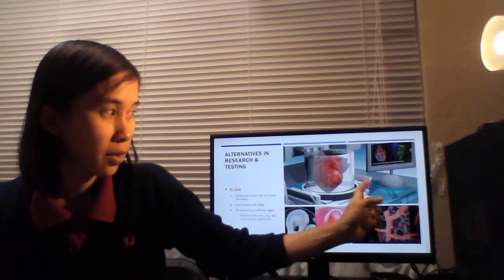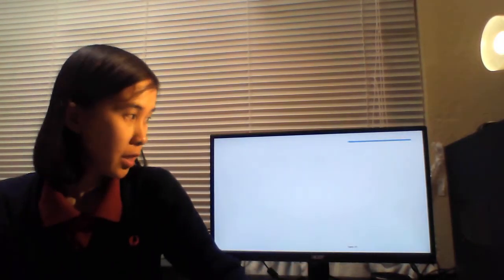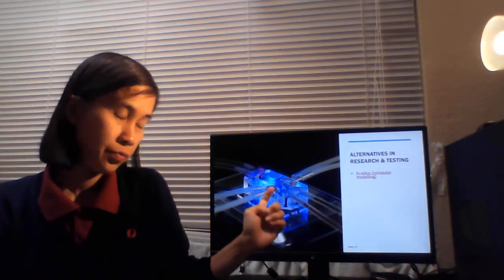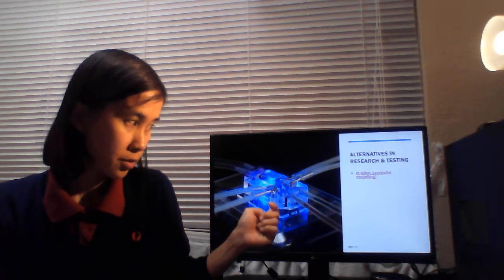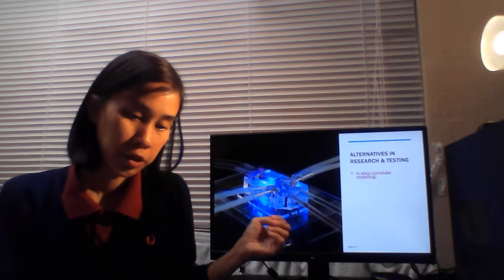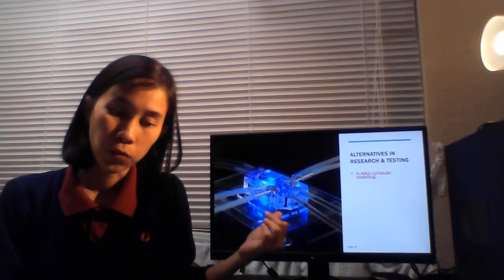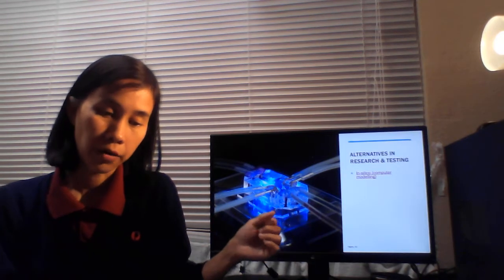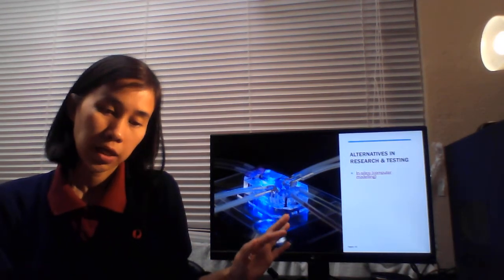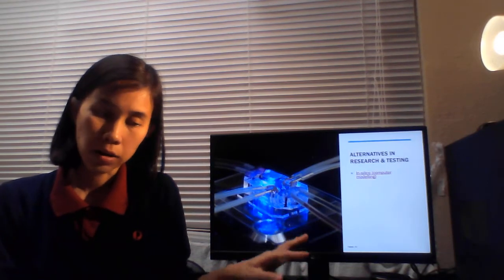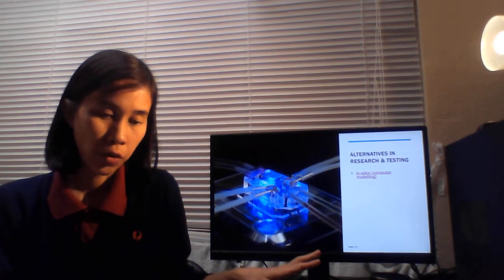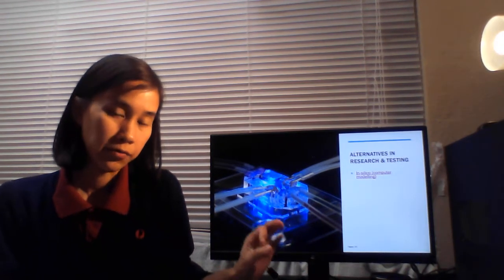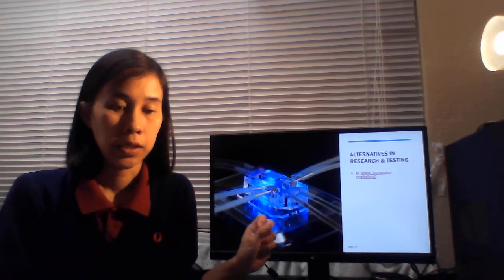Here's the picture of some of the artificial organs that I just mentioned, and here's the chip. You can see here's an image of an organ on a chip. The organ on a chip was invented by the Wyss Institute for Biologically Inspired Engineering at Harvard University. It can replicate lung, heart, intestine, kidney, bone marrow, or even the blood-brain barrier. It's very, very complicated and very interesting, very useful.